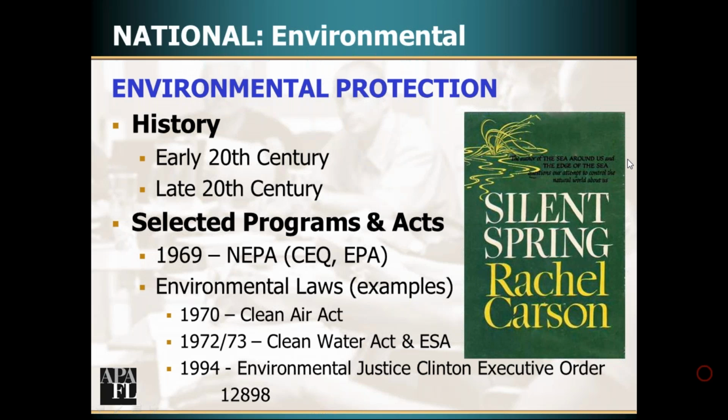We talked about environmental justice. Silent Spring is up there because that was probably one of the main books that triggered the environmental movement. Rachel Carson was a biochemist who brought together a widely diverse literature in multiple scientific journals showing how DDT was causing the egg thinning and causing the loss of the American symbol, bald eagles, and alligators and other birds and things like that.